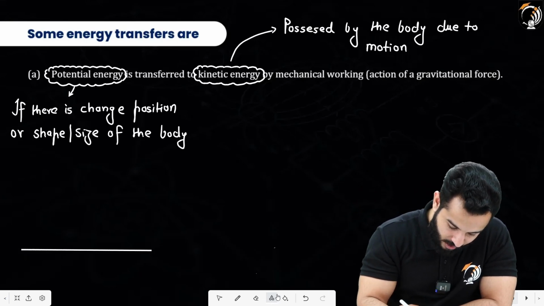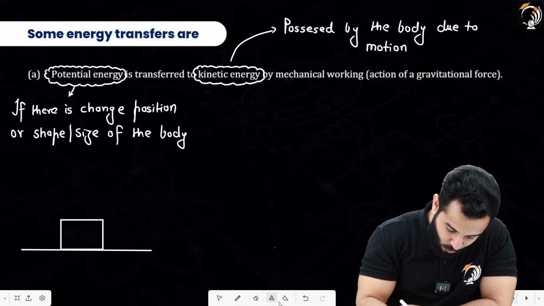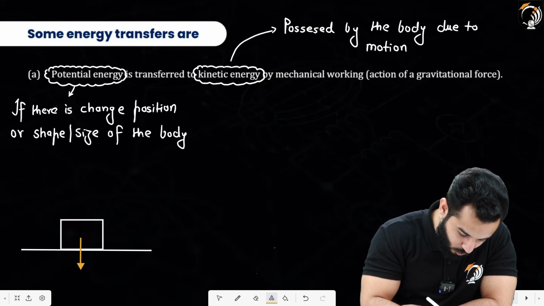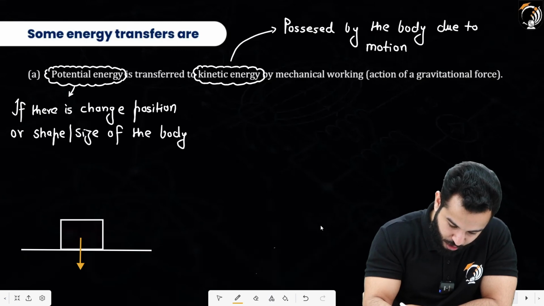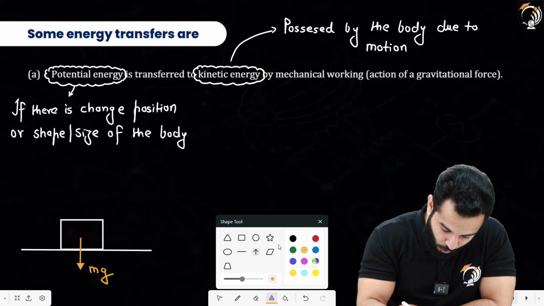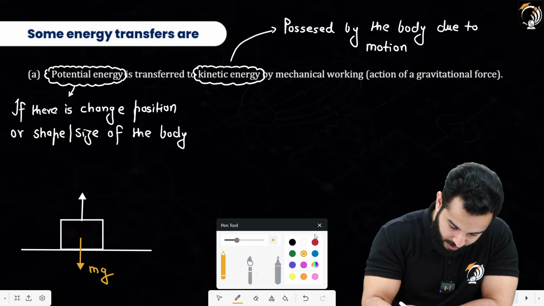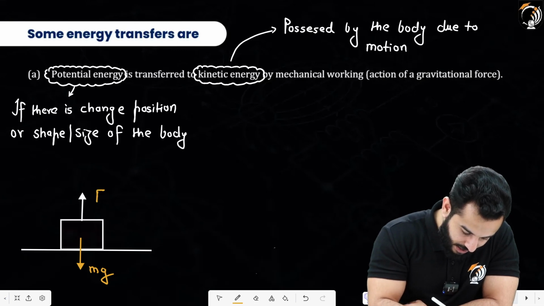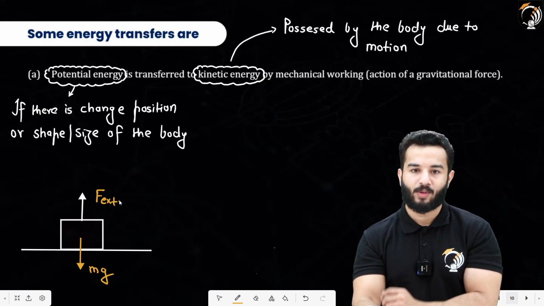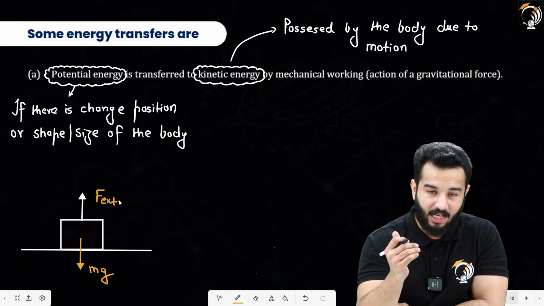This is the surface, this is the body, and there's weight acting downwards. That means there is a gravitational force acting downwards whose value is mg, right? So if you want to actually lift it up, you will have to apply an external force in this direction. This external force will actually do the work, and if you're going to lift it up to a height h,